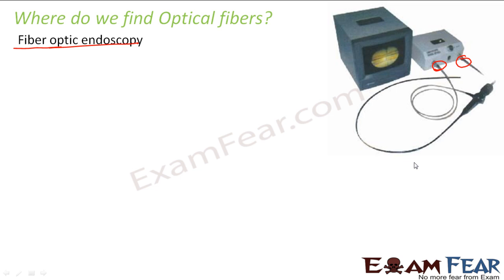In the very first screen I told you, if inside a room the light is switched off, you cannot see anything present inside the room. But as soon as you switch the light on, you can see each and everything present inside the room. Similarly, even inside your body, you can see things only when light is there. So the light is taken inside the body through these optical fibers, because in optical fibers, due to total internal reflection of light, the entire light reaches inside. Again, it is taken back from inside to outside and connected to the CCTV camera for a better view. So this is how optical fibers find use in fiber optic endoscopy.